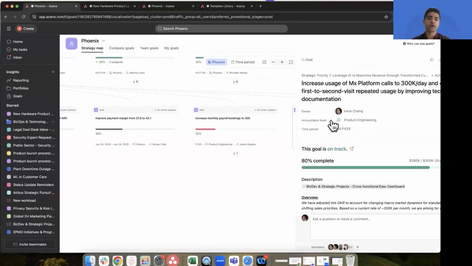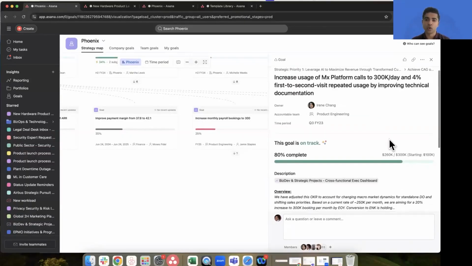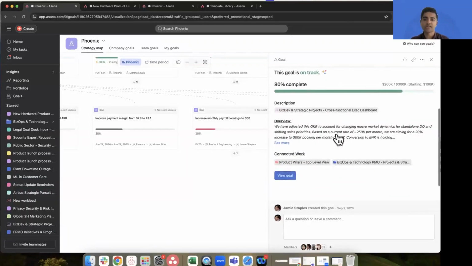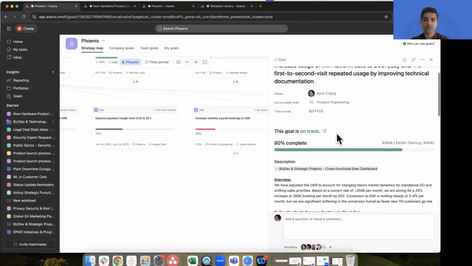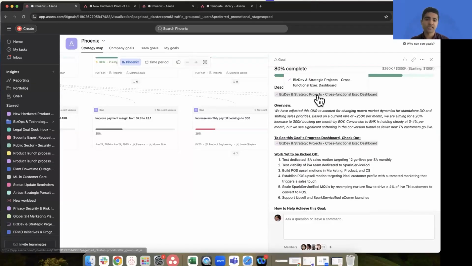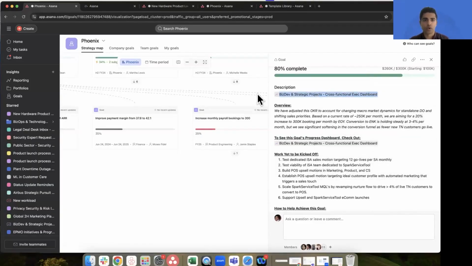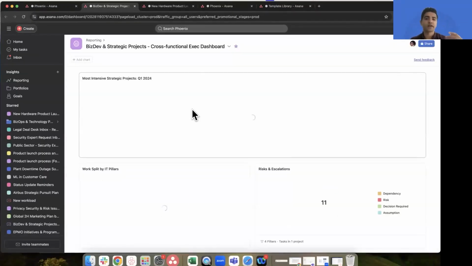We can even click into any one of these goals. In this case, we can see who owns it, the time period, and how far along we are. We can see a lot of status updates and tracking, the narrative that has been written about this goal, and who's involved. And Irene here has been kind enough to link a dashboard for us, where we can pop it open and see the status of all the work specifically tied to these goals.